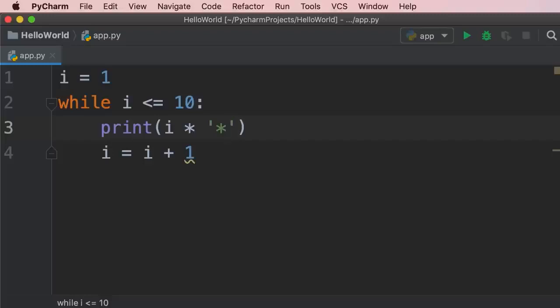Now, you might be confused here because earlier I told you that in Python, we cannot concatenate a number to a string. But here I'm using the multiplication operator. Well, this is different. We can multiply a number by a string, and this will repeat that string based on the value of that number. So if i is 1, we're going to see 1 asterisk. If i is 5, we're going to see 5 asterisks. Let me show you. So when we run this program,